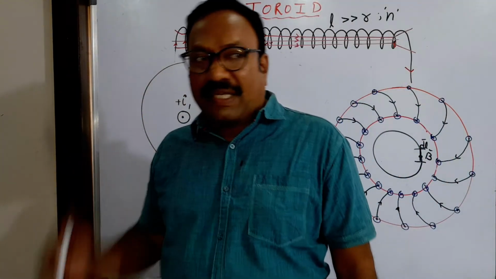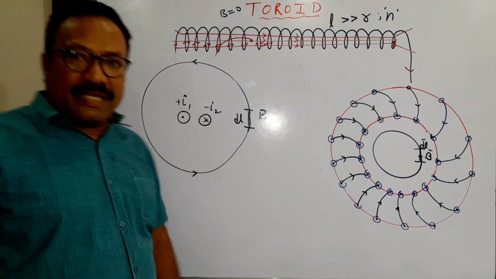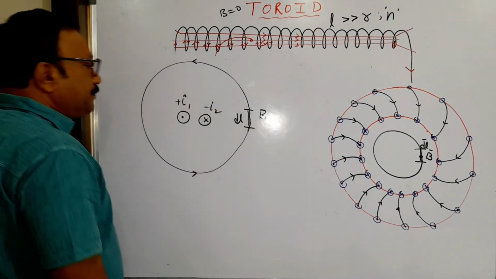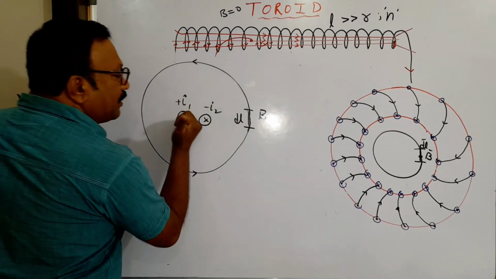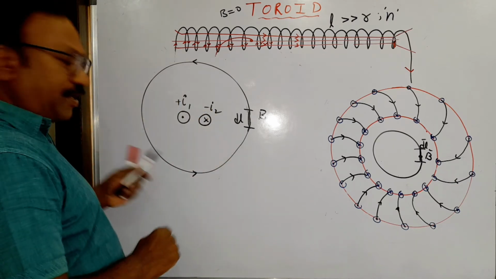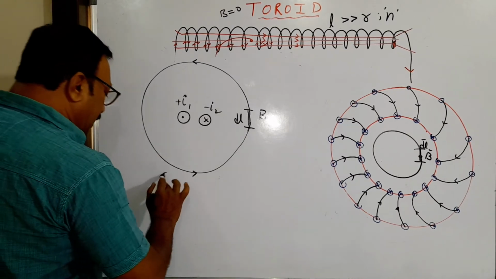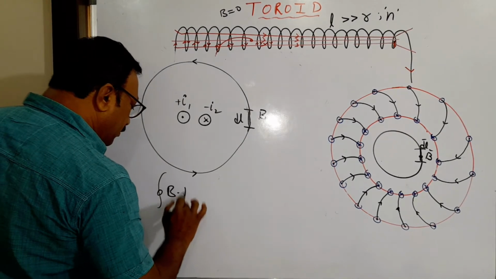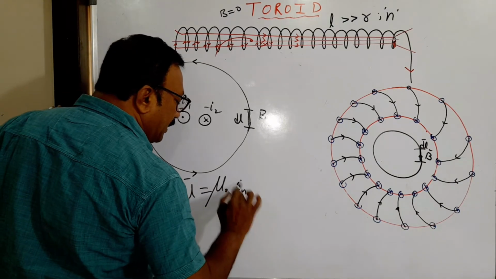When you have more than one current, with two different directions, only then will this problem of plus and minus arise. Remember that. So if I am giving this as a positive direction, then this current will be positive. Then the opposite will be negative. You can take the opposite also, no problem. Now, integral B dot dl is mu naught times current inside.